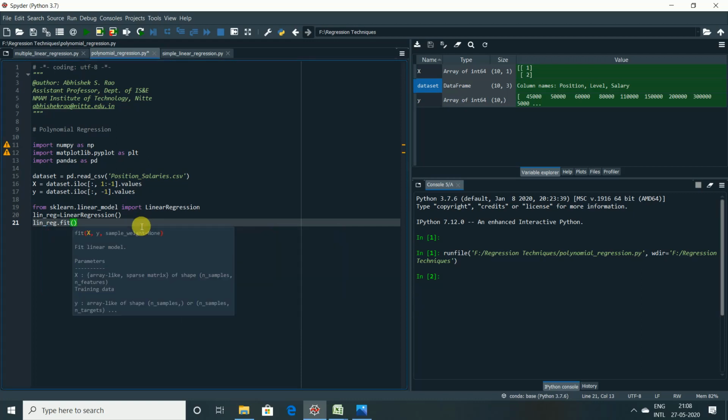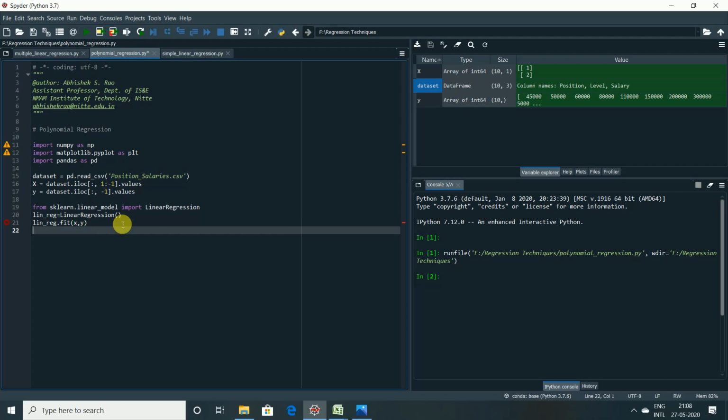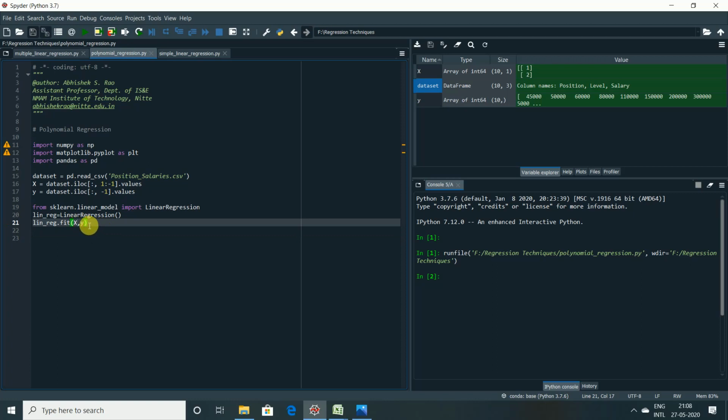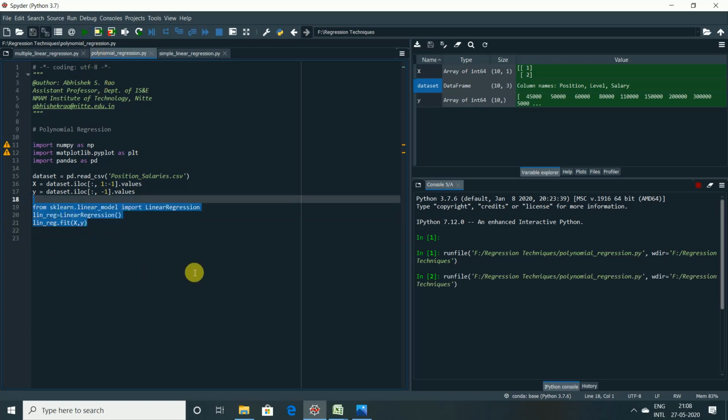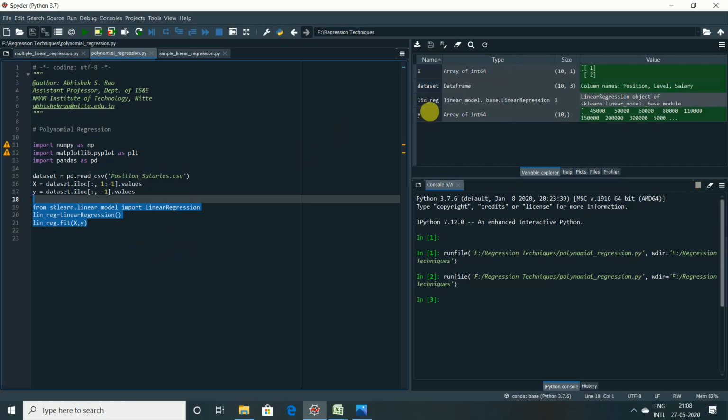Since I'm not using any splitting ratio because we have a lack of observations here, I'm going to use X and y instead of X_train and y_train. So do not get confused over here. Due to the lack of observations, I'm using X and y. Else I would have split the ratio and given X_train and y_train. So X should be capital over here. Let me execute these 3 lines first. Yes, it has worked successfully.